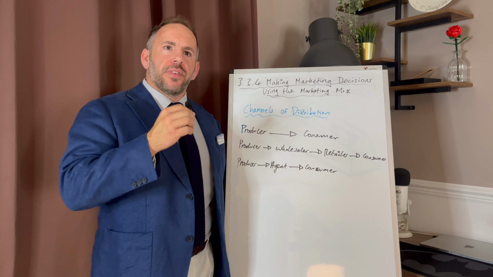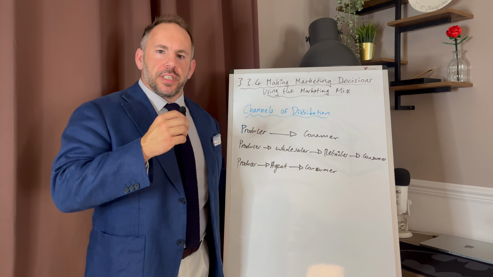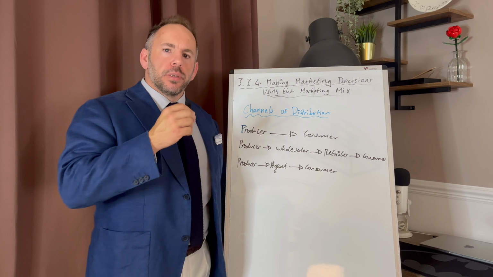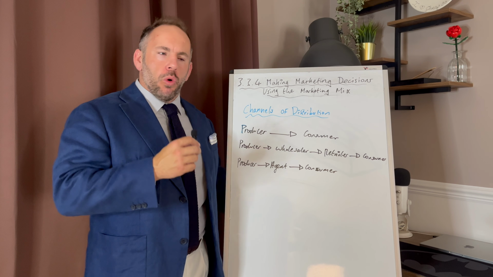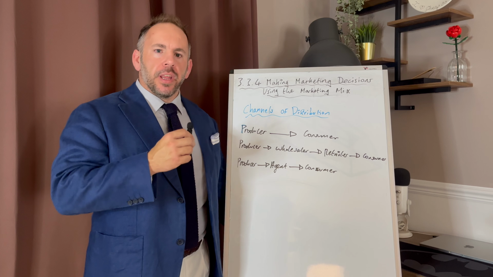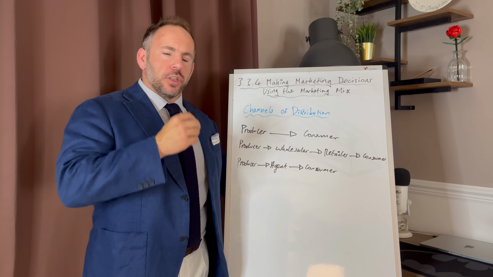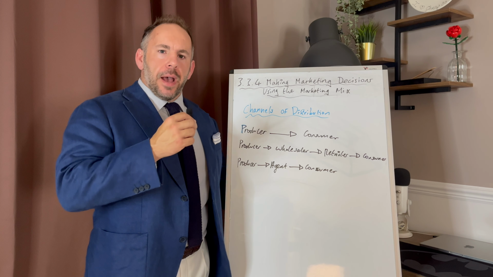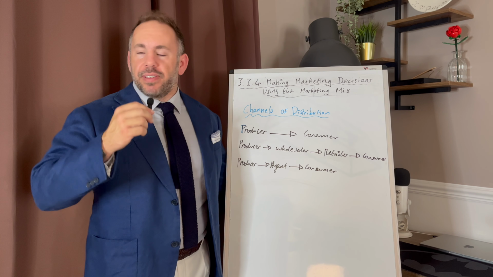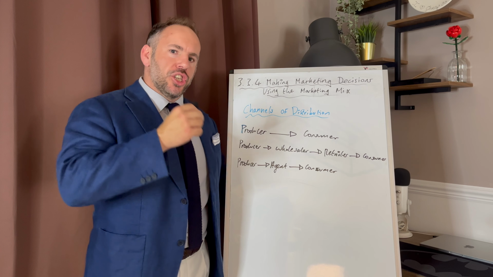Now, there's two bits of key knowledge or key facts I want you to know, or keywords, I should say. The first one is brick and mortar. Okay, so brick and mortar is an actual shop, store, location. Okay, not all businesses have brick and mortar locations. So we've got brick and mortar, and then we've got e-commerce. So we all know about e-commerce, online of some description. Now, some businesses only have brick and mortar. Some businesses only have e-commerce. Some businesses have both. They would be considered multi-channel.